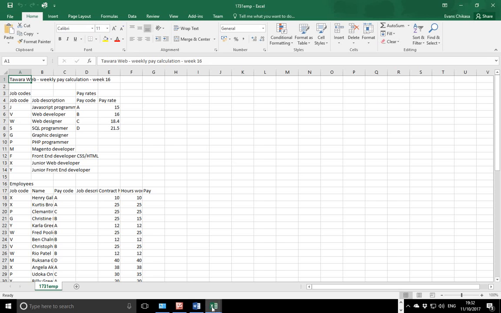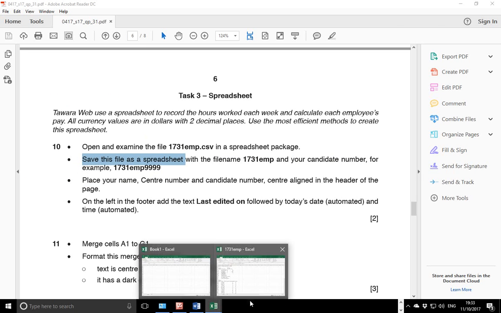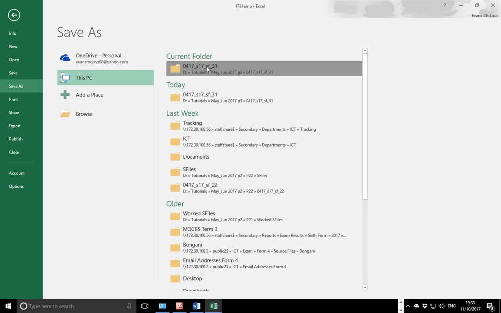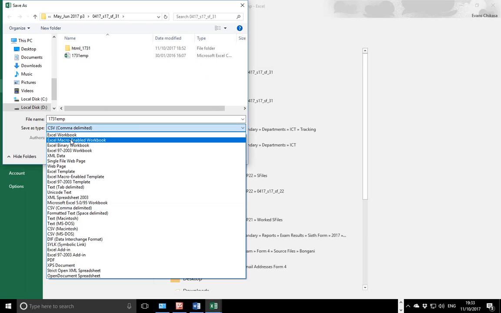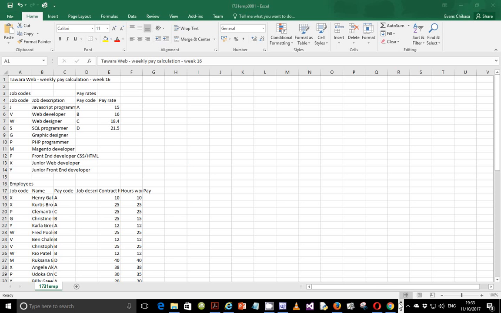We need to save this file as a spreadsheet with the file name 17imp and your candidate number, for example 17imp then 999. So let's go ahead and save it. Go to file, save as in the current folder, save it as a workbook, and just add your candidate number at the end. Next step,